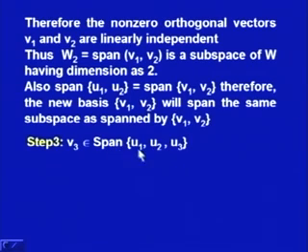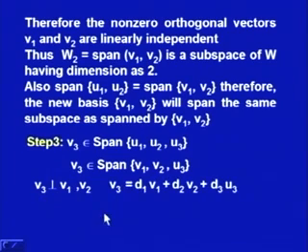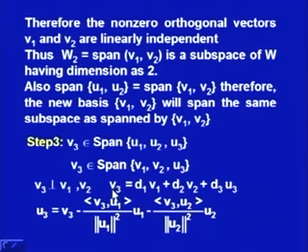We consider span of 3 vectors u1, u2, u3 from the given set S, and we consider v3 in this, and we apply the same philosophy that we have used in the earlier step. So, v3 belongs to span of v1, v2, u3, and we choose v3 in such a manner that it is perpendicular to v1 and v2. So, we have two equations. We have this equation: v3 is equal to d1 v1 plus d2 v2 plus d3 u3, and we apply this